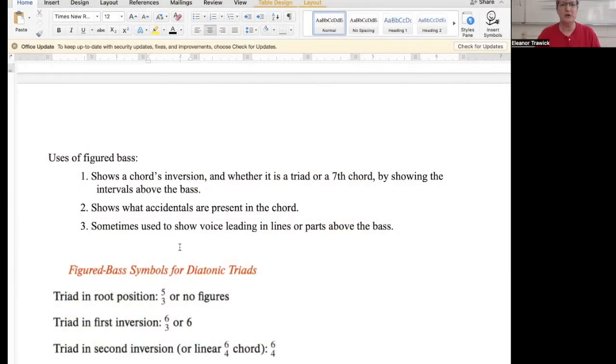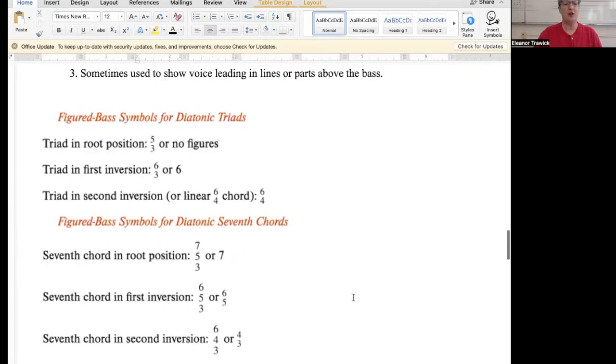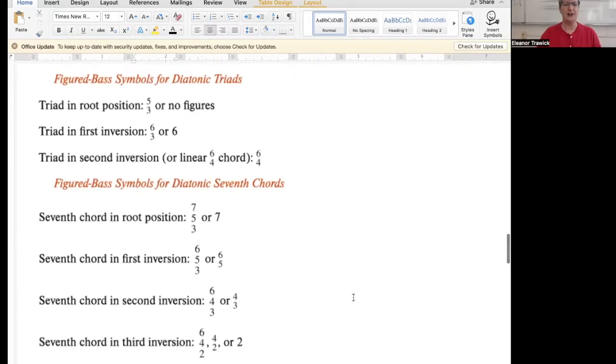Figured bass can be used for a few different purposes, and one of these we've already covered in Chapter D. The purpose that we've talked a lot about already is how figured bass numbers can be used to show a chord's inversion, and also to show whether it's a triad or a seventh chord. Figured bass shows both of these things by showing the intervals above the bass of the various notes in the chord. So just to review, here are the figured bass symbols for the diatonic triads and for the diatonic seventh